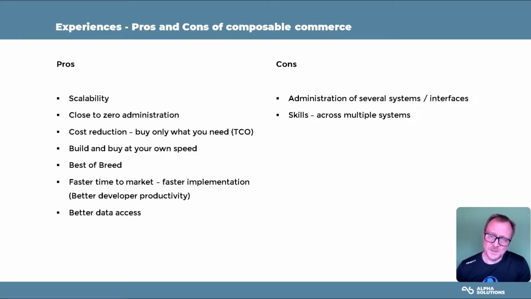You might need more skilled people, or maybe you need to train some people to learn the different systems. Functionality overload, yeah, this is what you should avoid, but you might end up in a situation where you buy two components to solve two different things, but they actually solve some of each other's features as well. So there's going to be some overlap and you might pay for that.